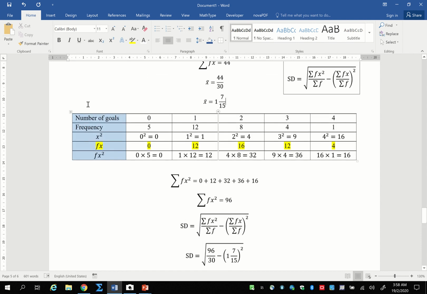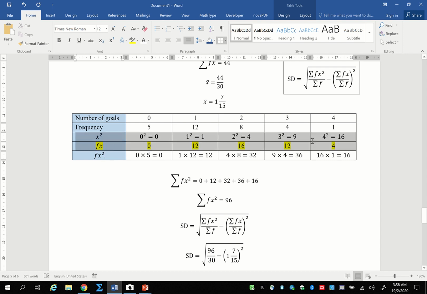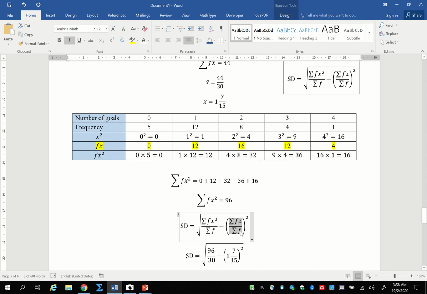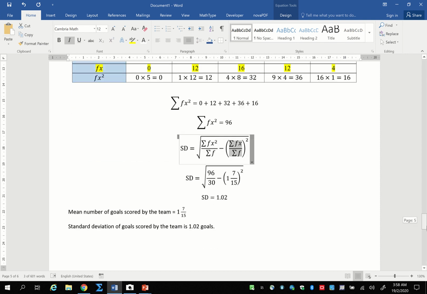Again, same thing, we will always have this table itself to help us calculate the standard deviation. So always find x squared and then fx squared, and fx if you want to be more precise, so that you can use this in calculating your mean, and fx squared is used in calculating your standard deviation. And always remember this means your mean. So you don't have to write down 44 divided by 30 again. You can just straight away use your mean, so you don't have to do double the job here. Alright, so there we have it,